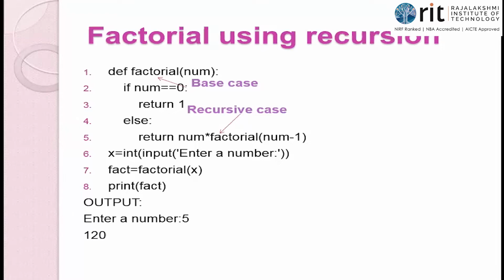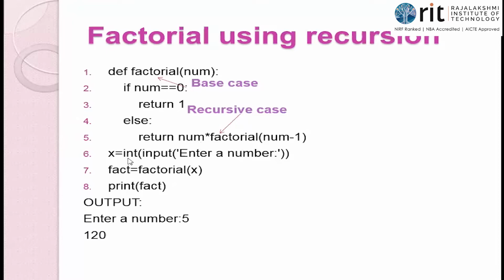We all know the answer. So 120, if I've written the logic properly, the program is correct. I've already checked the program. So I will get the answer 120. When return 120 happens, where should the 120 be taken to? Where the call is made. Which place? 7th line, right hand side.